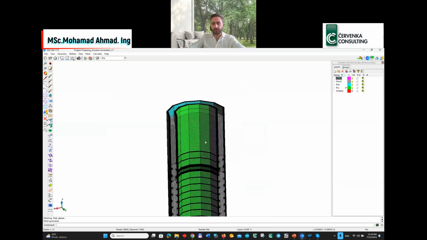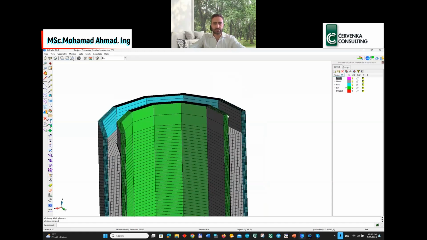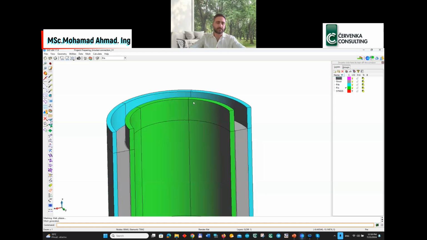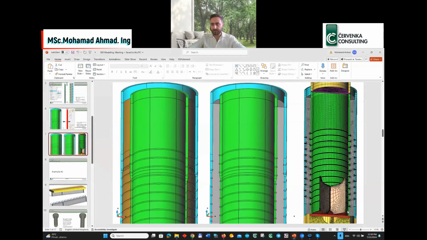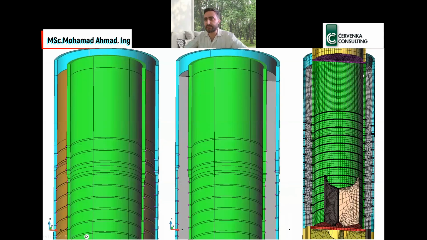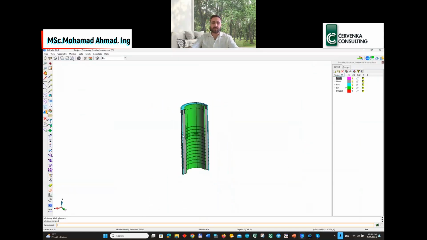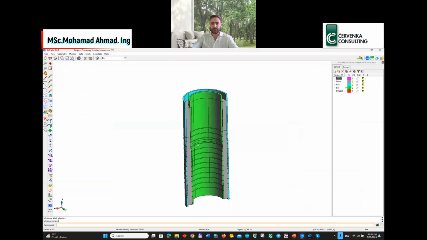As you can see, it's working now, but it's really ugly on this side because we need many more elements. So we need to have the divisions on each line here. It's at least 6 or 7 to have it nicer, or to have it fully arcs. At the end, we need to have it like this so we can see it's nicely smooth and going as arcs due to many elements through this thickness. After generating our mesh and being sure that everything is working well and the mesh is okay,